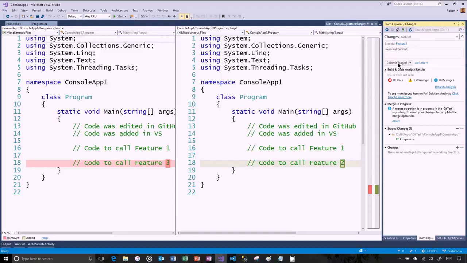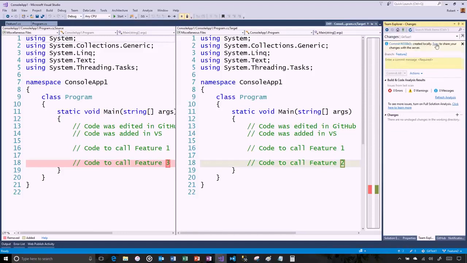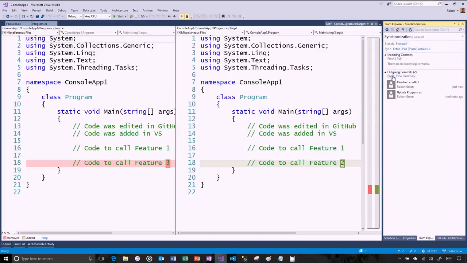Pieces breaking out everywhere. Sync, push, okay, so now